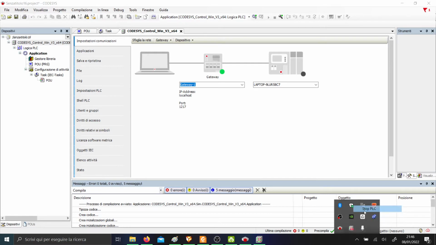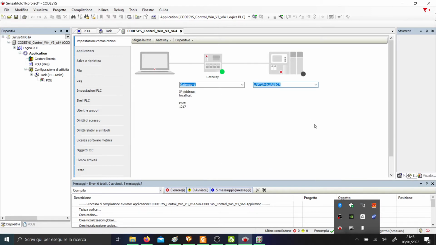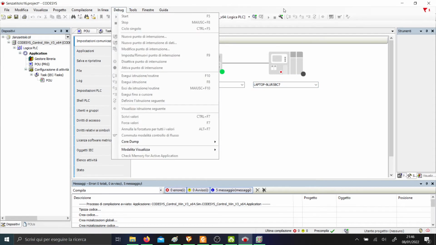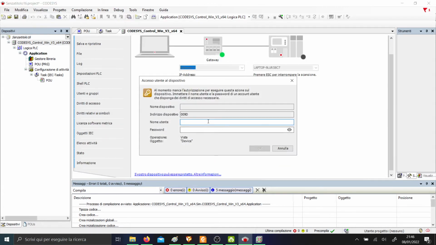And we need to start PLC. Okay, so now login. Okay, and it requests for us ID name and password, admin like,